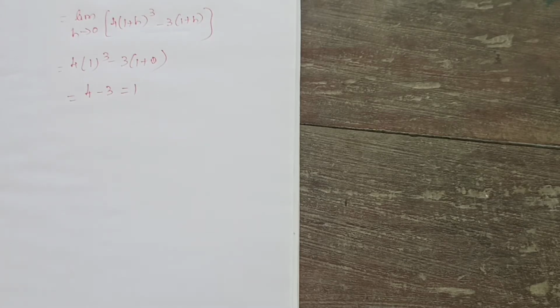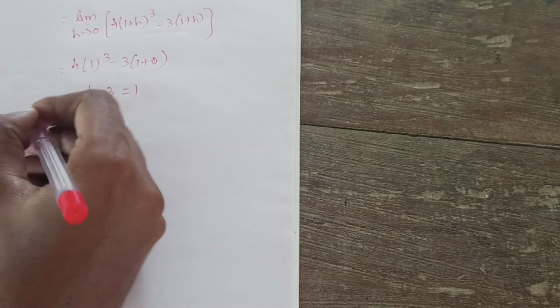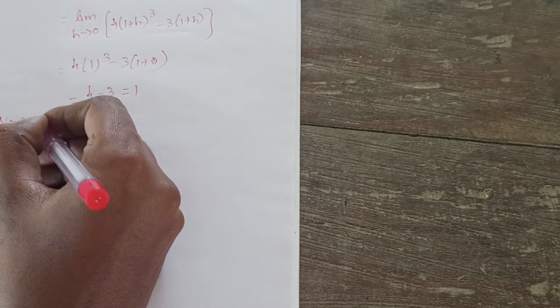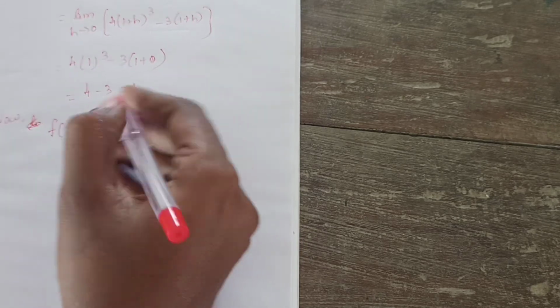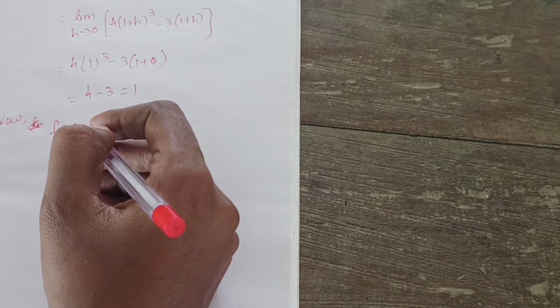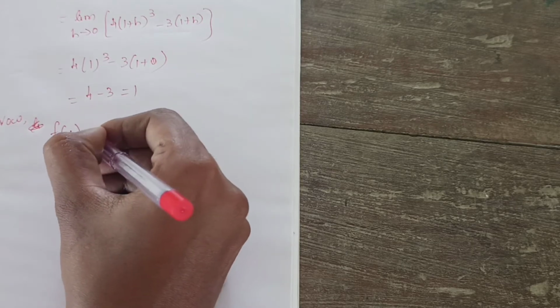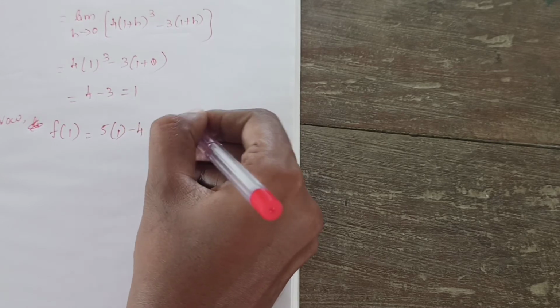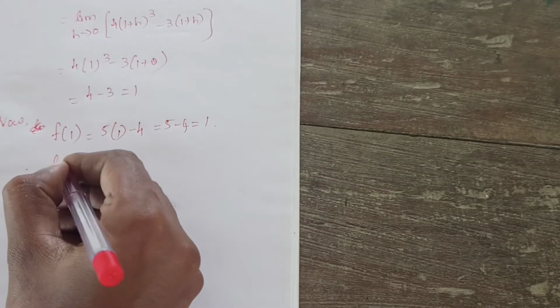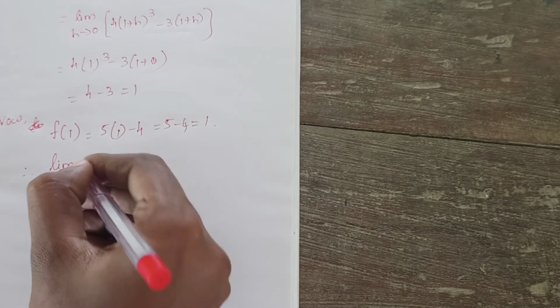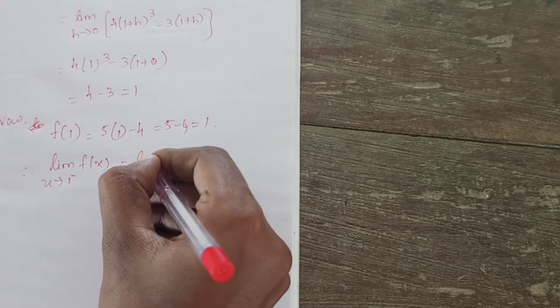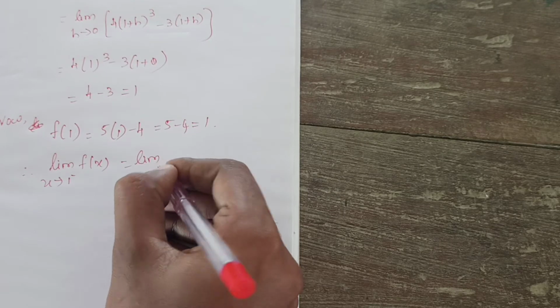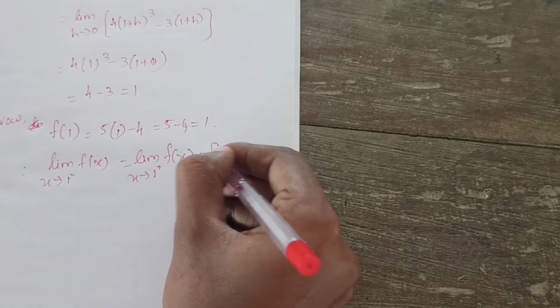So what will we do? We will prove that the left hand limit equals the right hand limit. Is it right? So to be continuous, what else do you need to prove? Limit, f of 1 also you need to find. We need to prove it is continuous at x equal to 1 only, so in the given statement you substitute 1. What will happen? Whether everything is equal: limit x tends to 1 minus f of x, the next one limit x tends to 1 plus f of x, is equal to f of 1.